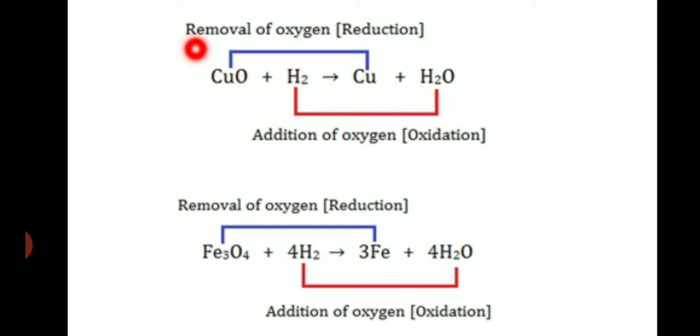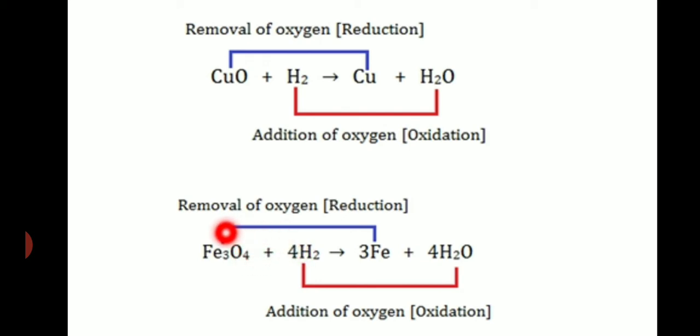In this reaction, we can see in one substance there is a removal of oxygen taking place. In another substance, there is an addition of oxygen. Removal of oxygen, we call reduction. Addition of oxygen, we call oxidation. Another example. Here, iron oxide reacted with hydrogen giving iron and water. It is a similar equation. Both are similar equations. It is an addition of hydrogen. Okay. So iron oxide